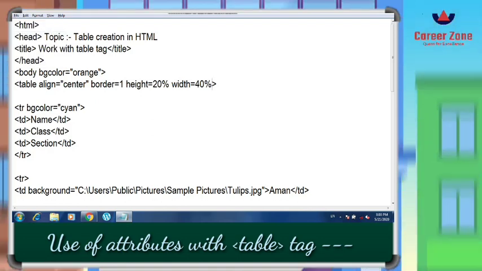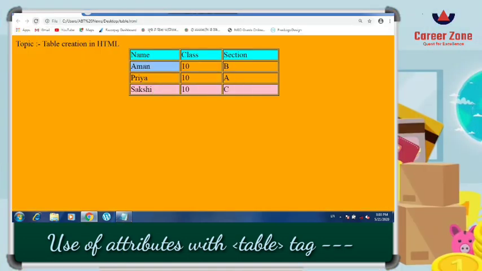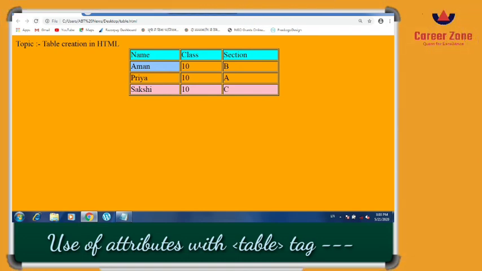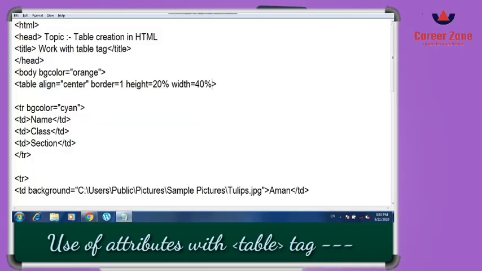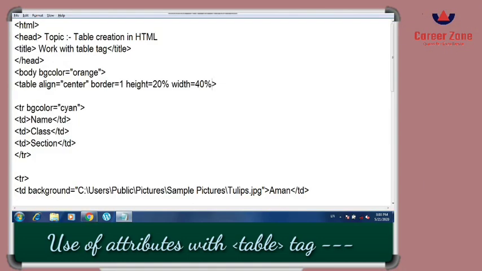If you want to apply it for a particular row, you can use the height and width attribute along with the particular row as well. See how it has changed. So now suppose I want this content, this Aman or this 10th class, to come to the center, so you can apply it and you can see.